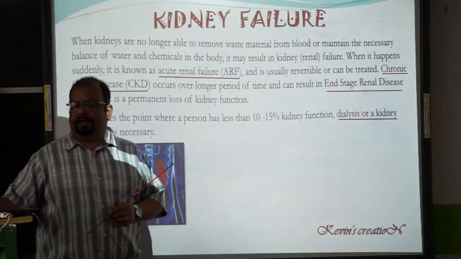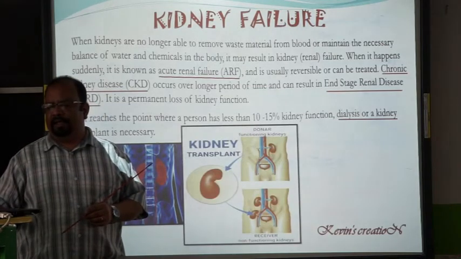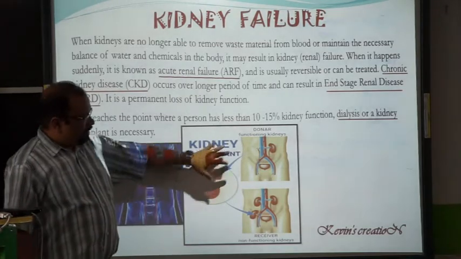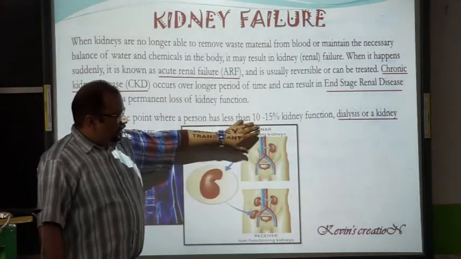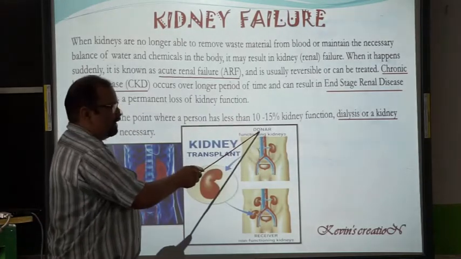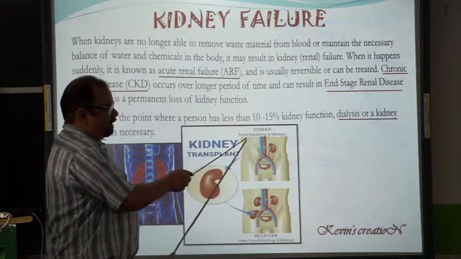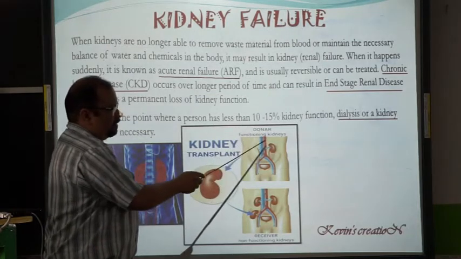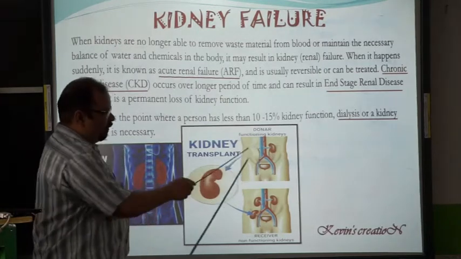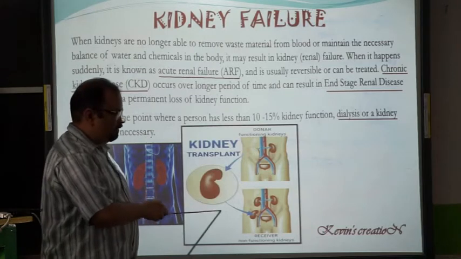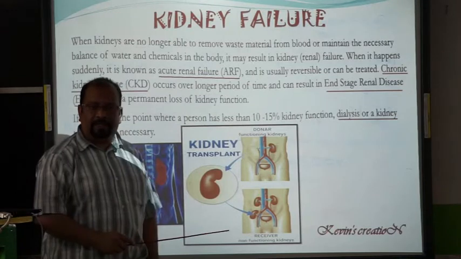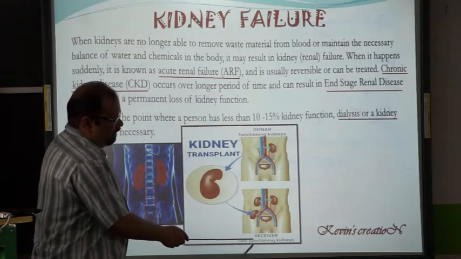Here you can see kidney failure, a pair of kidneys is there. Now here you can see the kidney transplant. So two people are there. The one who gives the kidney is called the donor. He is donating one of his kidneys. Both of his kidneys are functioning and healthy. So one is taken through surgery and given to somebody else, who is called the receiver, the one who is receiving the kidney.